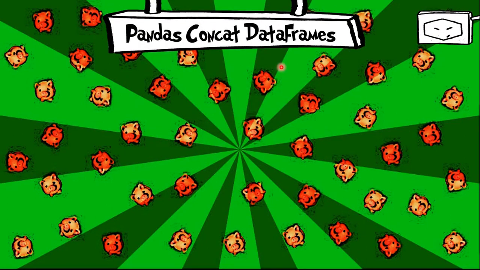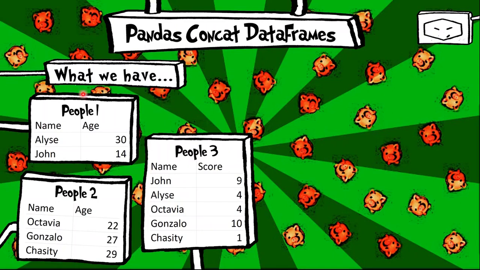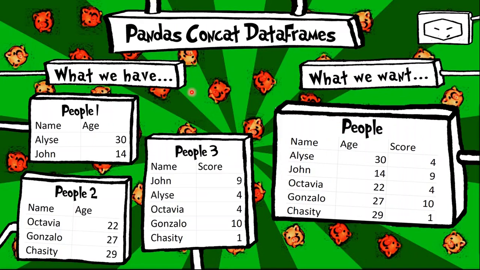Hello again. In this video we will concat data frames and we will start with these three data frames. This is what we have, and at the end we will have this data frame. This is what we want. Okay, so first we will concat people1 with people2, and after that we will concat the result of these with